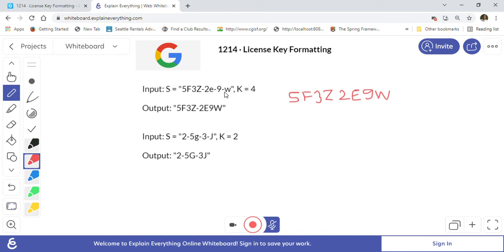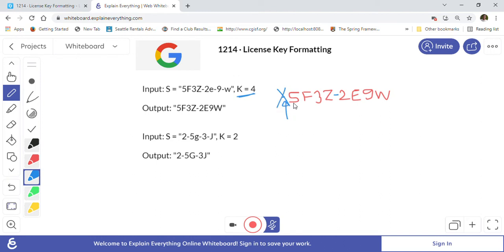We also capitalized the remaining string. Now we will start from the end and go character by character. Whenever we find every 4 characters, meaning every k characters, we will insert a dash there. So we insert a dash here. Now when we find this group of 4, we cannot insert a dash here because we are left with no characters, and they said we need at least one character in each group. So this dash is not correct, and we will not insert it.